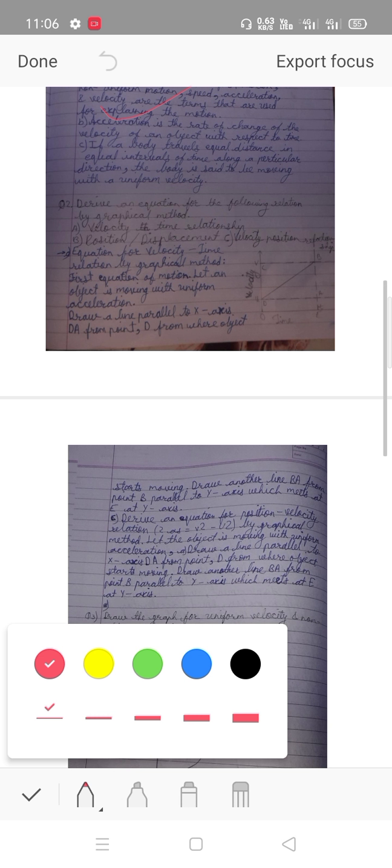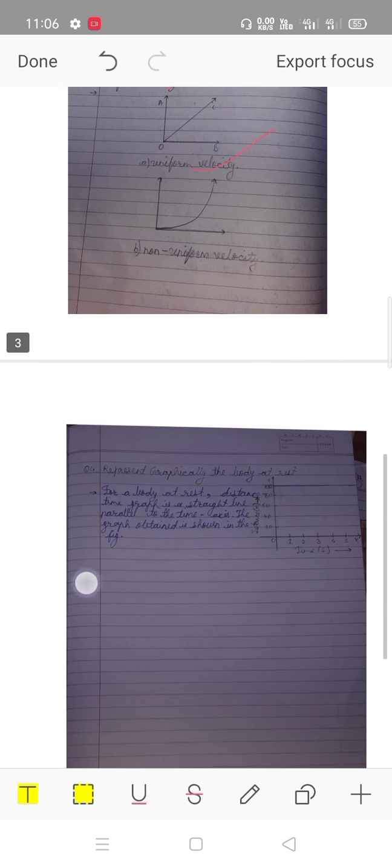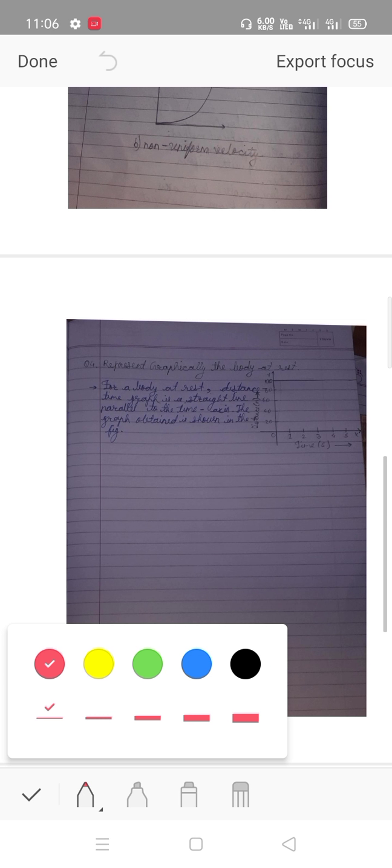Again go here, click here and do the corrections. See, like this it is correct. You have to go through all the points. I am just showing how to do it. Again go forward to the next page, select this and do the corrections. Suppose, friends, I did something by mistake and I want to rub it. Then select the eraser and put it here, and it will be erased. The eraser is also available.